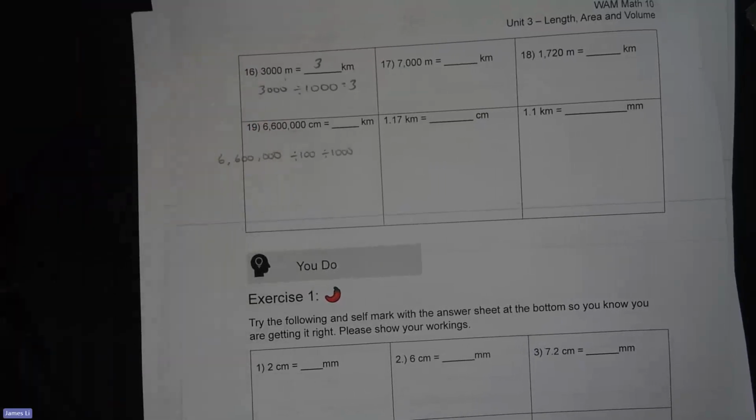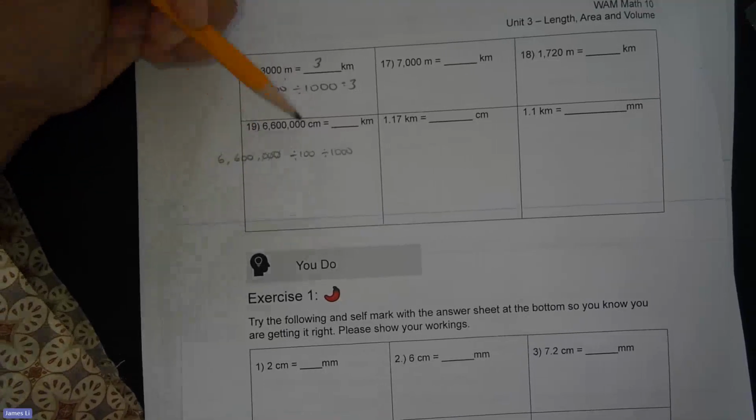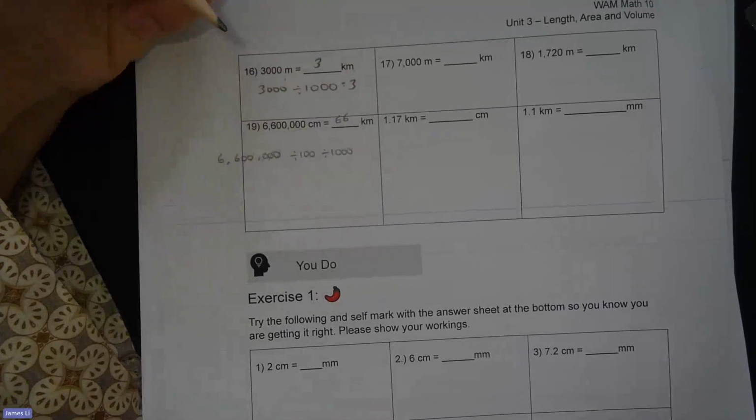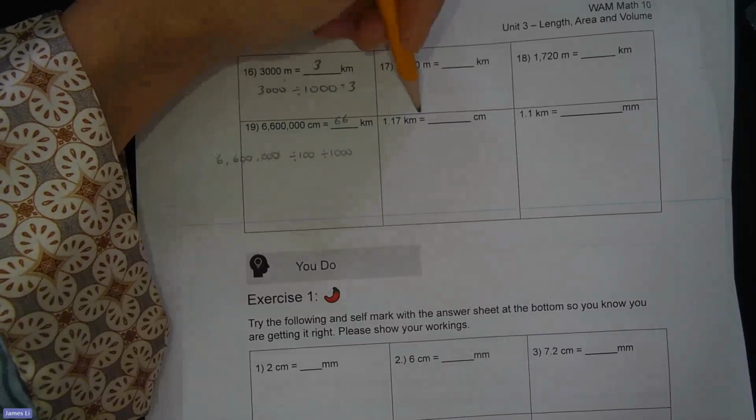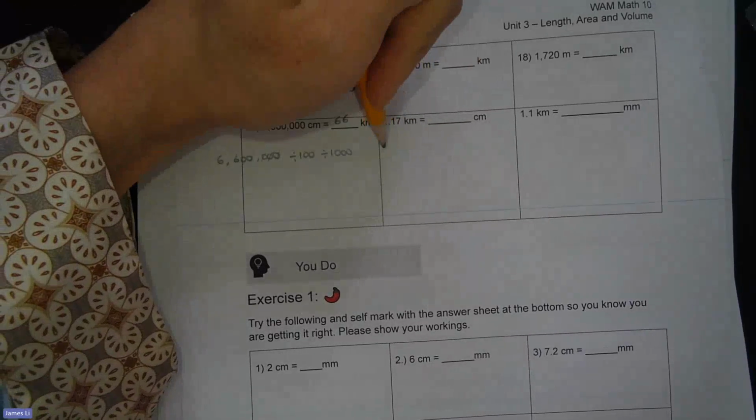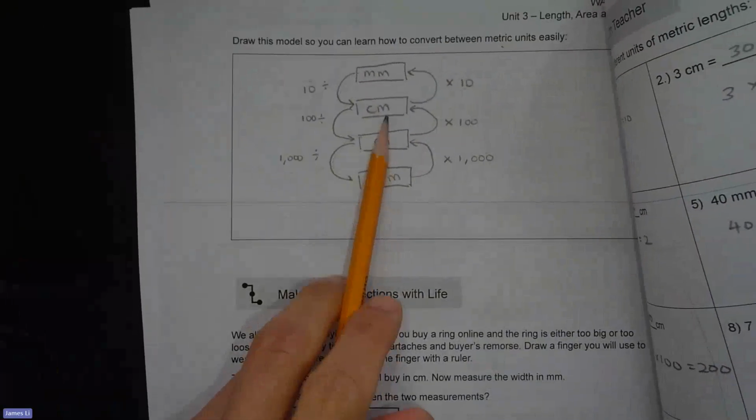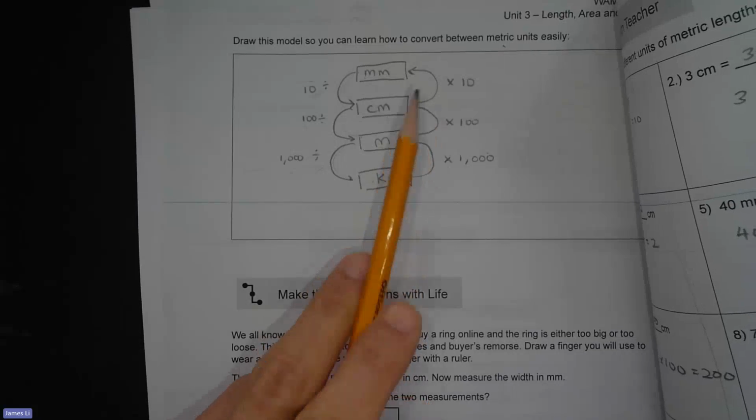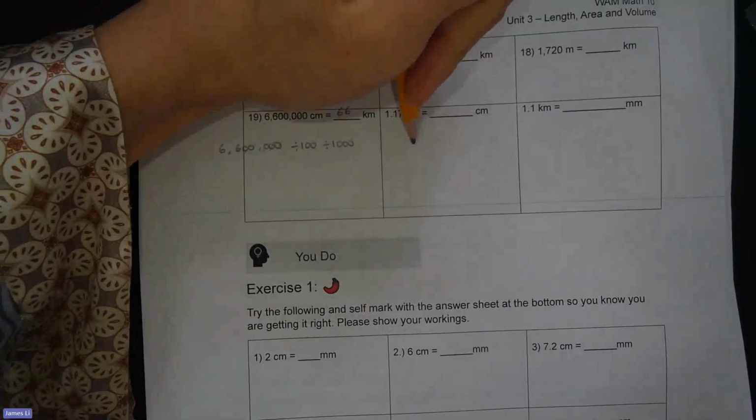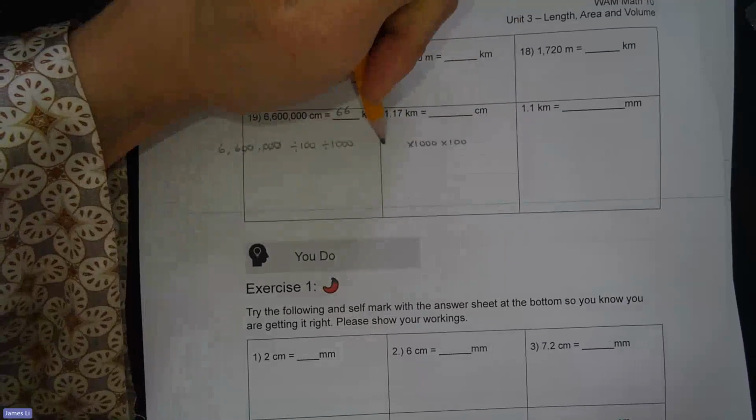6.6 million divided by 100 divided by 1,000, I will get 66 kilometers. Okay. Now 1.17 kilometers to cm. So kilometers to cm, I have to multiply by 1,000 and multiply by 100. So I'm going to write multiply by 1,000, multiply by 100,